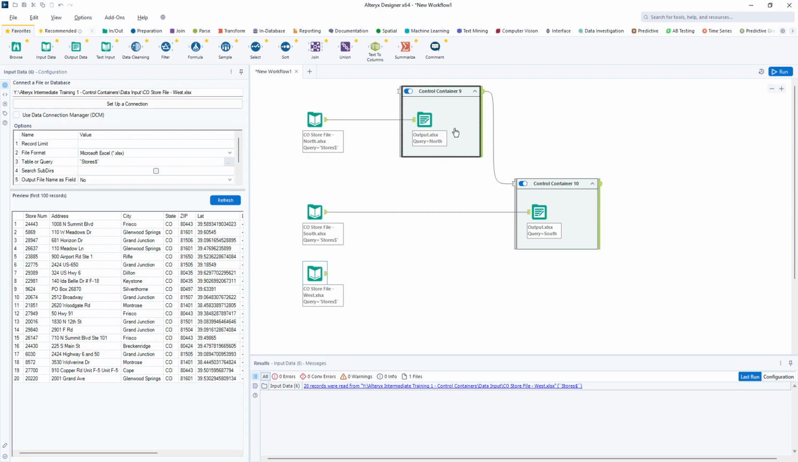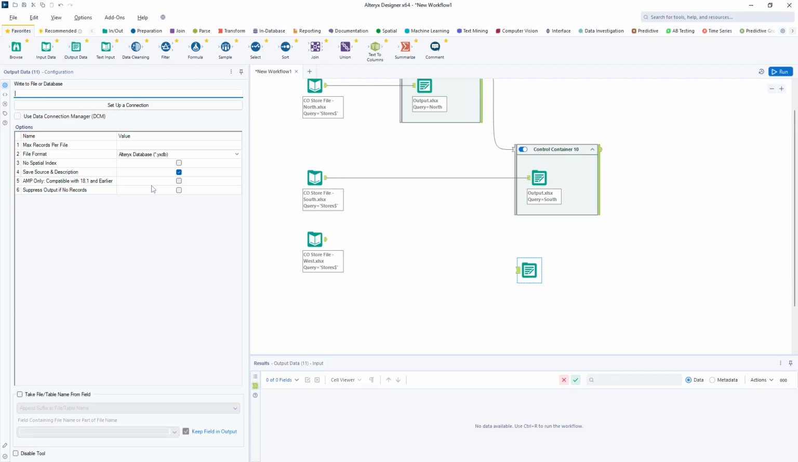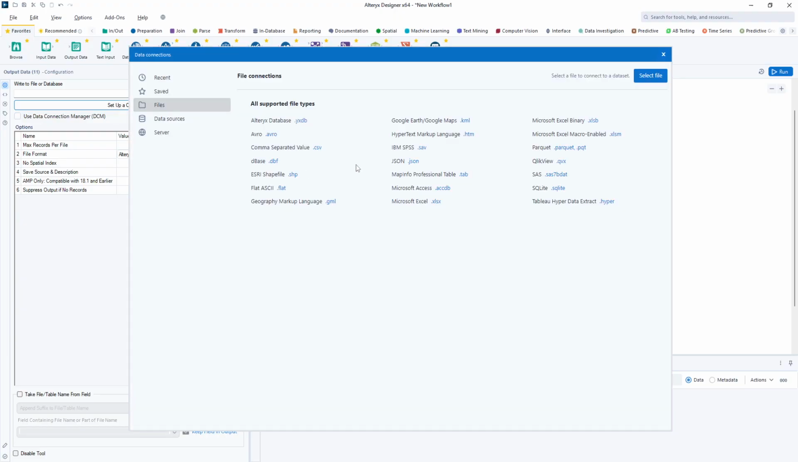When everything in this container is finished, you'll notice an output here. This container activates when it receives something. So everything in here finishes, you have an output. That output goes to this container, and then this container runs. Right? Note that if I bring another output data down here, set up a connection,